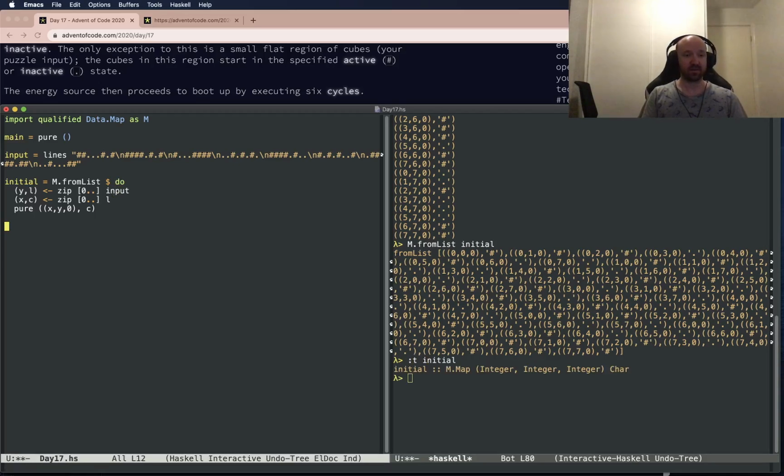Okay. Now to walk through the cycle, I need to think about this a bit, because it's not enough to walk through the ones that are in the map. We need to talk to their neighbors as well. Okay, so maybe let's figure out how we're going to compute the neighbors. The neighbors of a cell, X, Y, Z, are